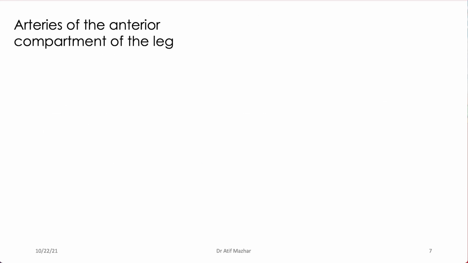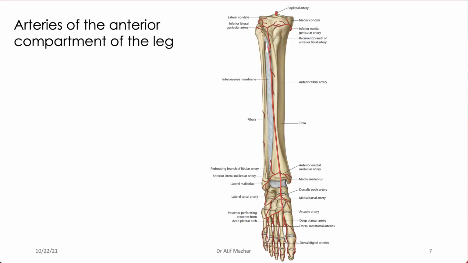Now let's look at the arteries present in the anterior compartment of the leg. You can see here my popliteal artery, when it comes down, it gives an anterior tibial artery which comes in front of this interosseous membrane, and there it supplies. When it reaches down to the dorsum of the foot, this is where it changes its name, and now we call it the dorsalis pedis artery, and it is one of the clinically relevant sites where we record the distal pulses